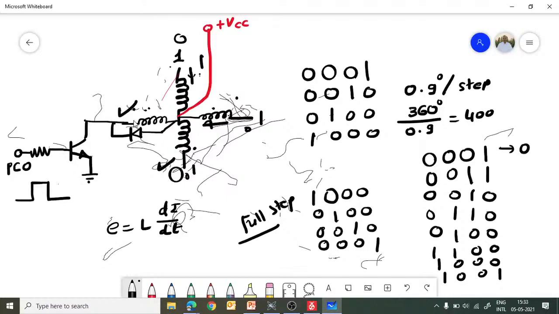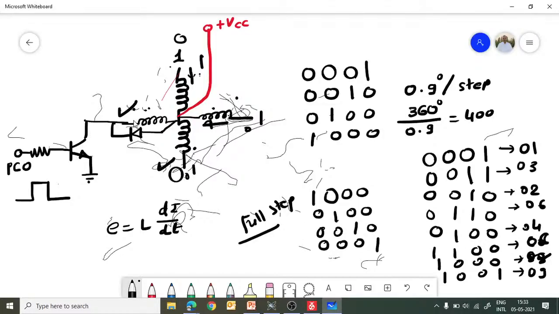So this is nothing but 01, this is 03 in hexadecimal, this is 02, this is 06 and 04, this would be 0C, because we are considering only 4 bits, so 08 and 09.